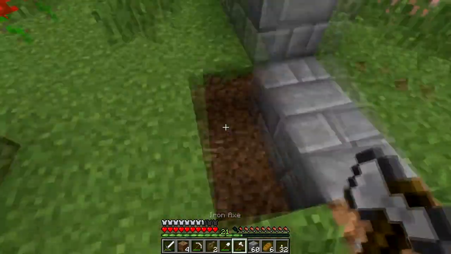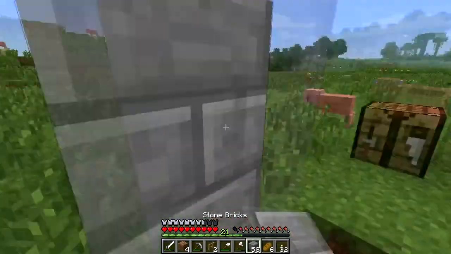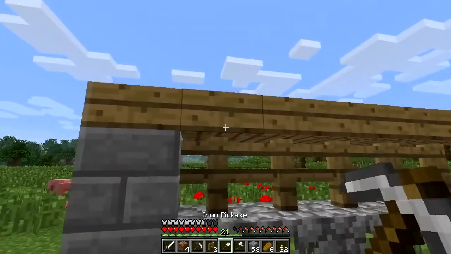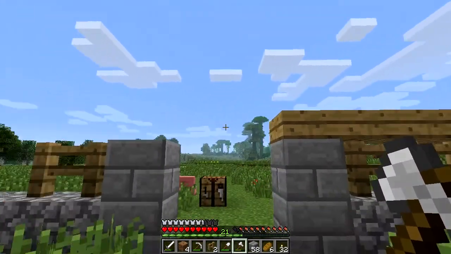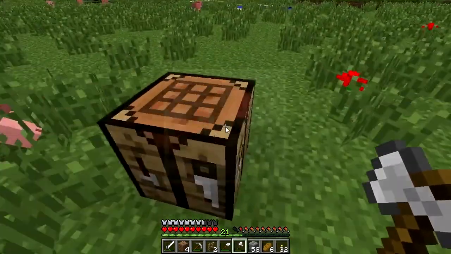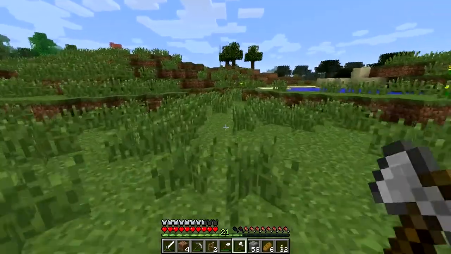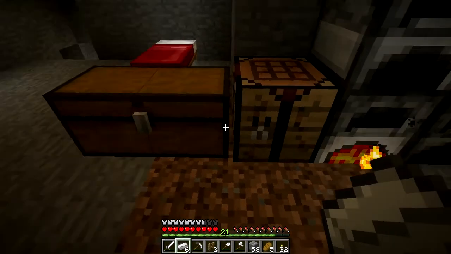And then what I want to do for those is put half slabs in there. I'll show you that. That kind of looks cool. With this, you need to make an overhang because otherwise spiders can get up and over there. And I'll show you that in a moment. First of all, I need to run back and get some stone slabs. I'll be right back. Okay, so one thing I was going to show you guys as well, now I'm back